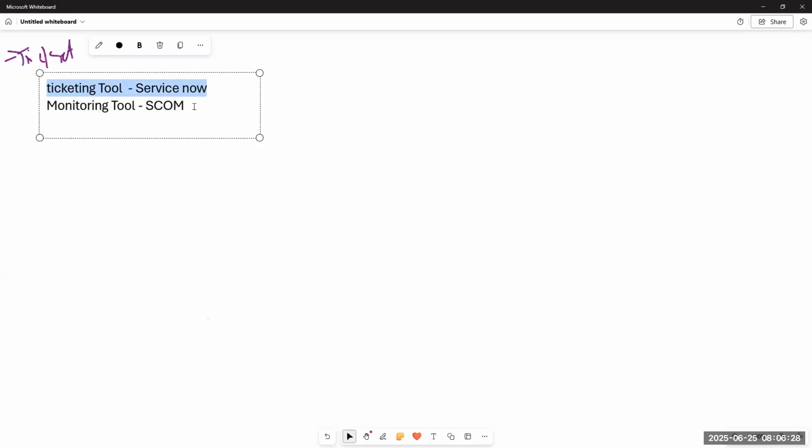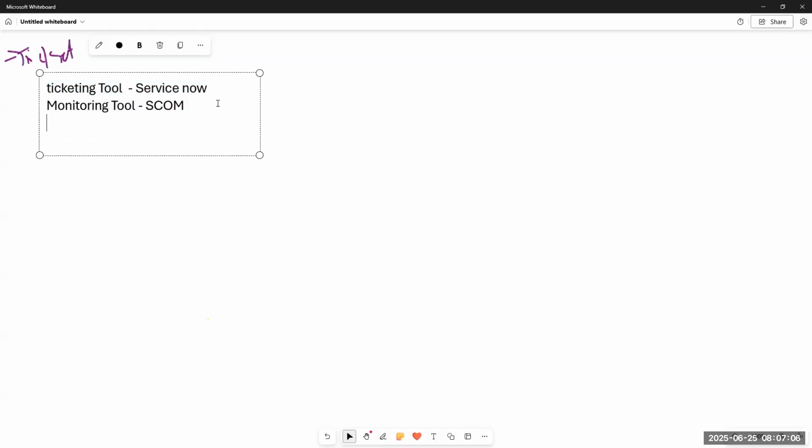Mostly you won't get a chance to register the servers or configure the alerts in SCOM. SCOM admin people or higher-level DBAs will take care of that. I'm also unlucky, I did not get the chance. I worked on many projects as a SCOM user, but did not get a chance to register the servers into SCOM. But SCOM is a monitoring tool, and ServiceNow is the ticketing tool. These are the two tools.